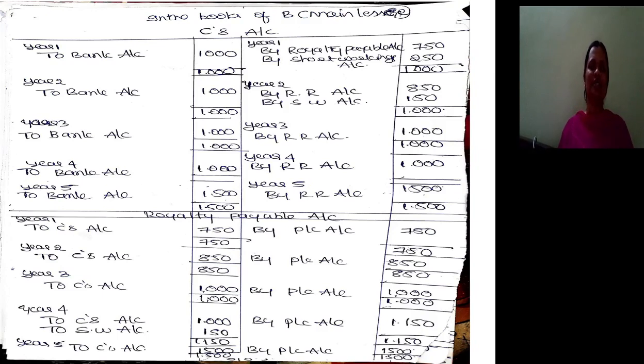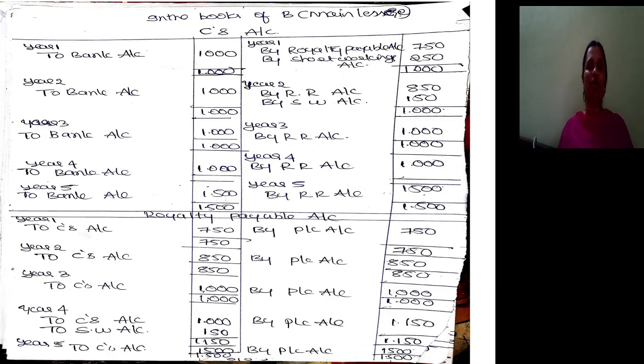In the second year, the circumstance is the same, where royalty is less than the minimum rent, so there is short working. The due entry is royalty payable account, short working account debit to lessor account, that is, to lessor account 850, 150. In royalty, it's not receivable, it is royalty payable. So it is not receivable. Don't write it as RR. You make it as RP. By mistake, it was written as RR. You have to write it as RP.